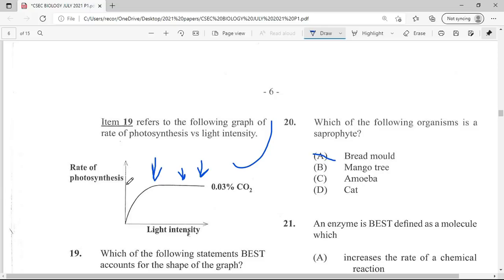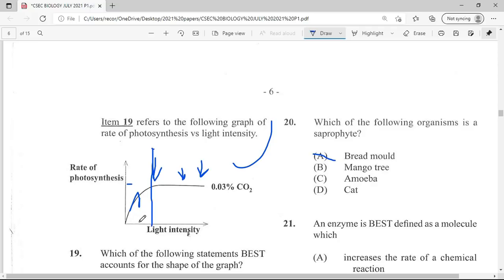So here we're seeing that as light intensity increases, the rate of photosynthesis increases. But if we observe here, the rate of photosynthesis, this is what we are looking at. Not this arrow here, not this arrow here. This is the increase of light intensity. But this is actually showing what is happening. This is the variable that we are looking at. This line on the inside here. All right. So what we observe here, as the light intensity increases, somewhere here, let me just draw down a line here.